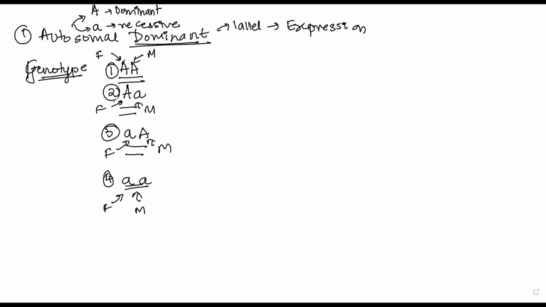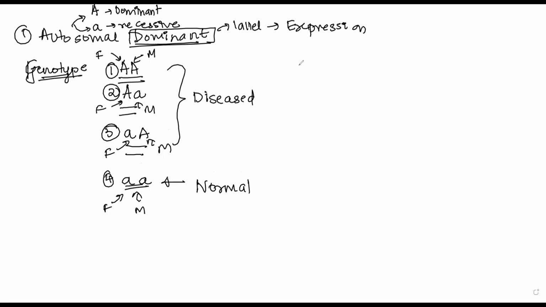Now both of these are the same, the second and the third. Now think and tell me, how many of these would be diseased? What we said, dekho, it is dominant. Dominant meaning even one allele will lead to the disease. That means whoever has even one capital A will be diseased. So that means all of these three will be diseased, right? And this one would be normal because he or she doesn't have the dominant trait. So what is the probability now? 3 out of 4 children have the probability to be diseased.